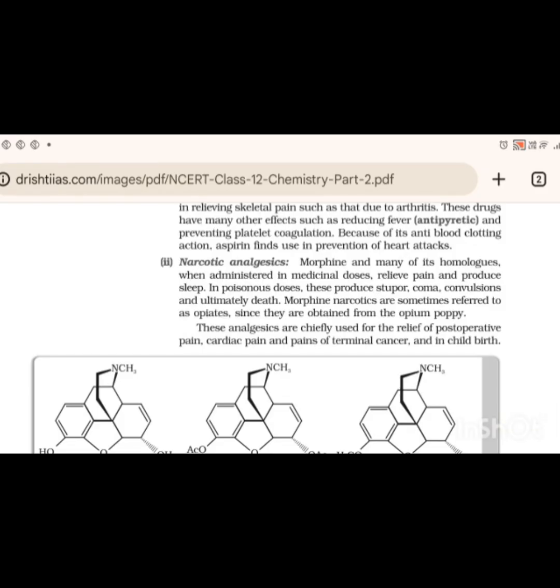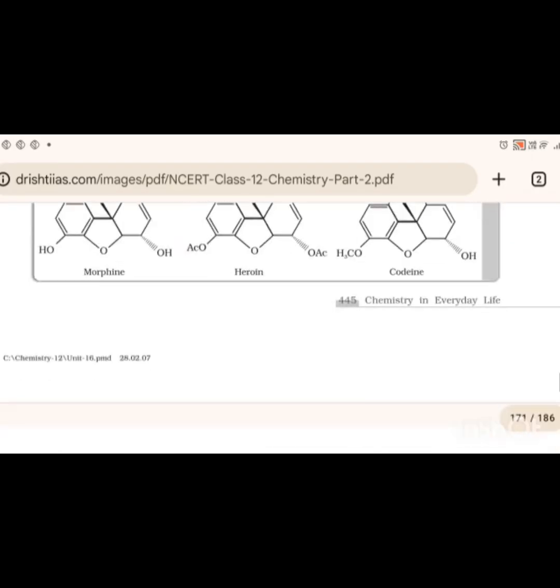Narcotic analgesics: morphine and many of its homologs, when administered in medicinal doses, relieve pain and produce sleep. In poisonous doses, these produce stupor, coma, convulsions and ultimately death. Morphine narcotics are sometimes referred to as opiates since they are obtained from the opium poppy. These analgesics are chiefly used for